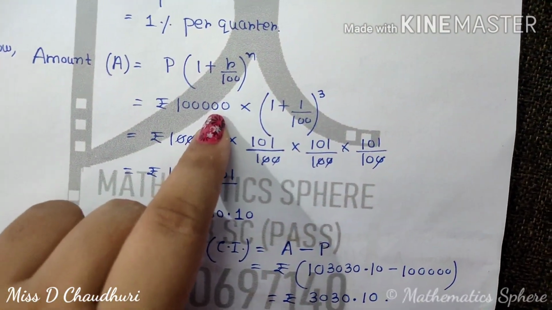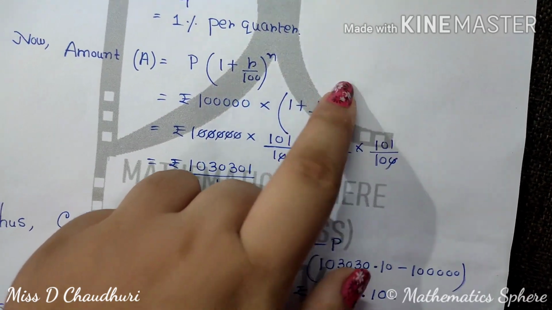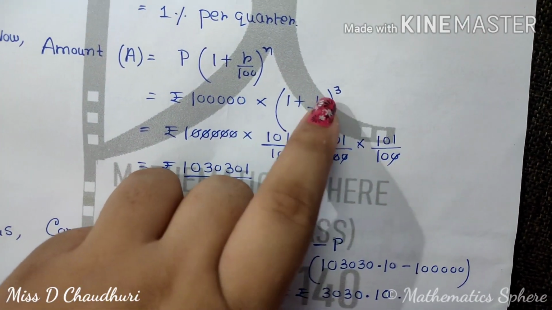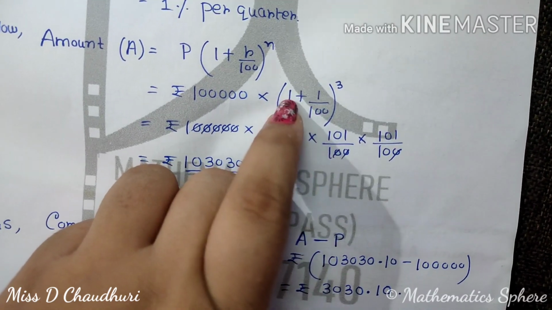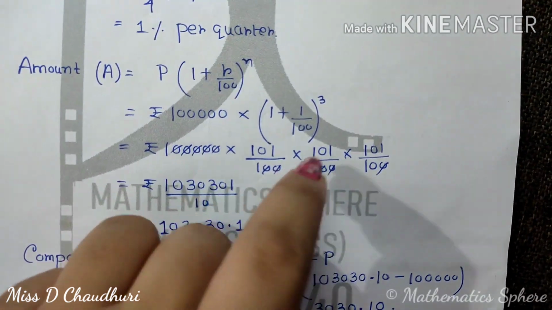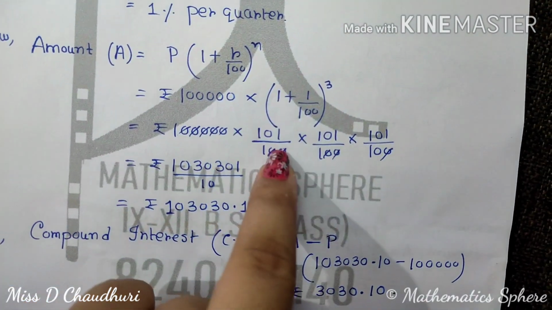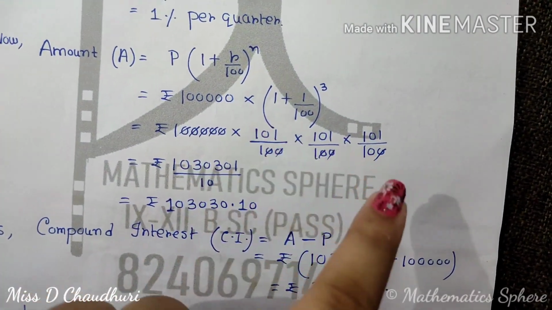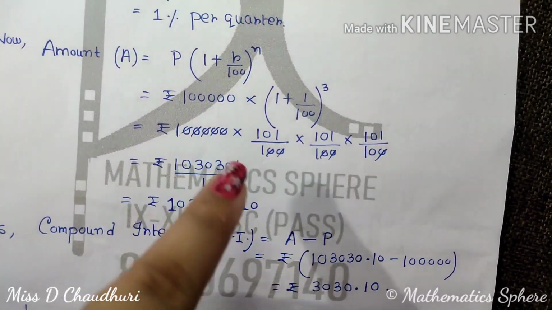So put this value of principal 1 plus 1 by 100 whole to the power 3. Done. This is the term, this is the rate 1. Now the LCM will be coming to be 100 plus 1 by 100, that is 101 by 100. I have skipped one step here. So whole to the power 3 means 101 by 100, 101 by 100, 101 by 100, and this one. Now cancel how many zeros you can.